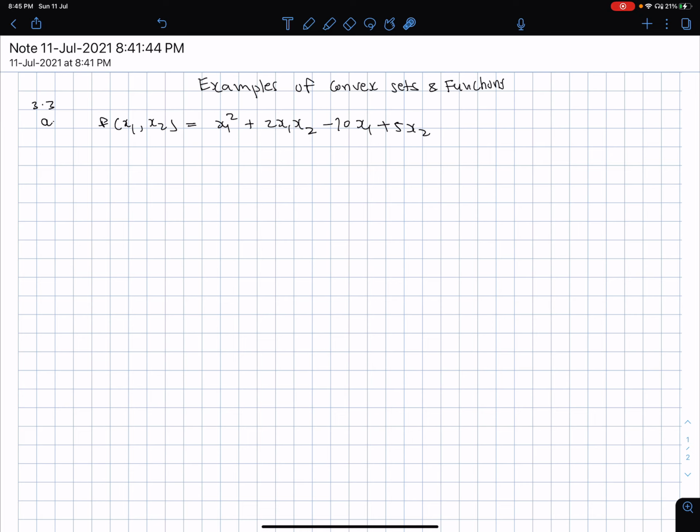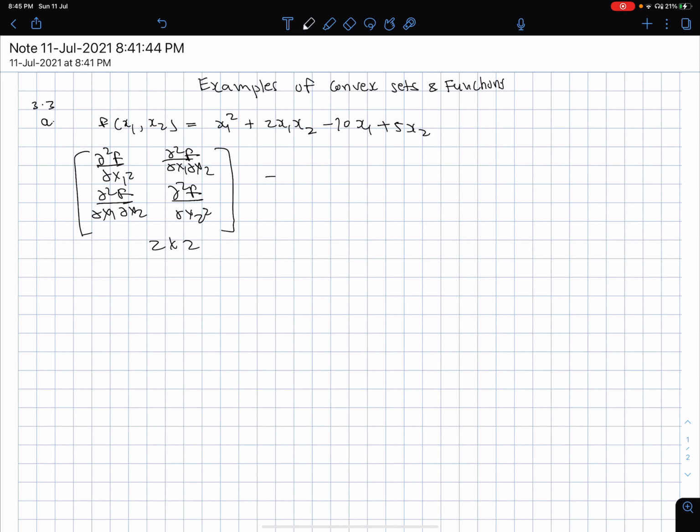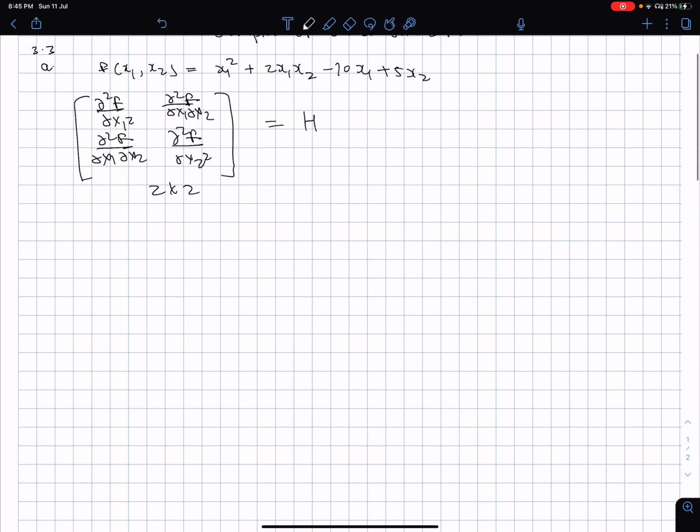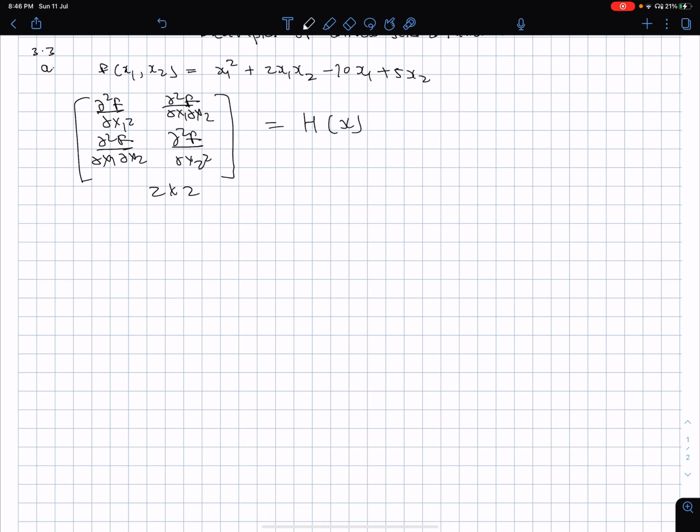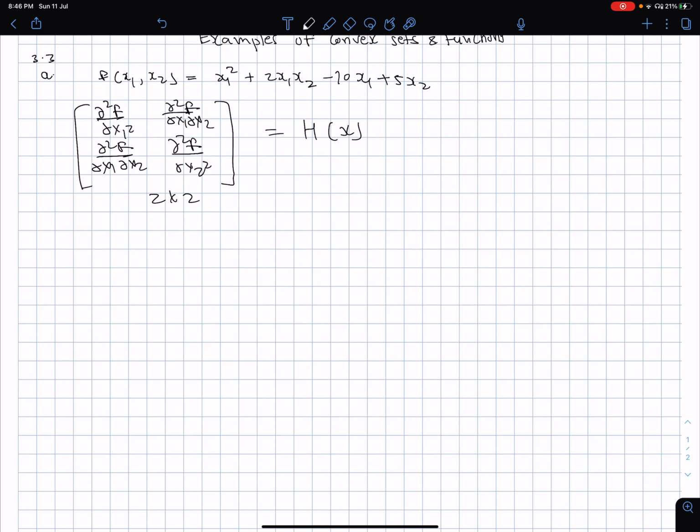Okay, so we only need to look at the second partial derivatives. Since it's a two-dimensional problem, the matrix of second partial derivatives is also called the Hessian. And so we are looking at this symmetric matrix, a 2 by 2 symmetric matrix in this particular case, which is going to be my Hessian matrix. In general, it could be a function of x. I will have one example on that also.